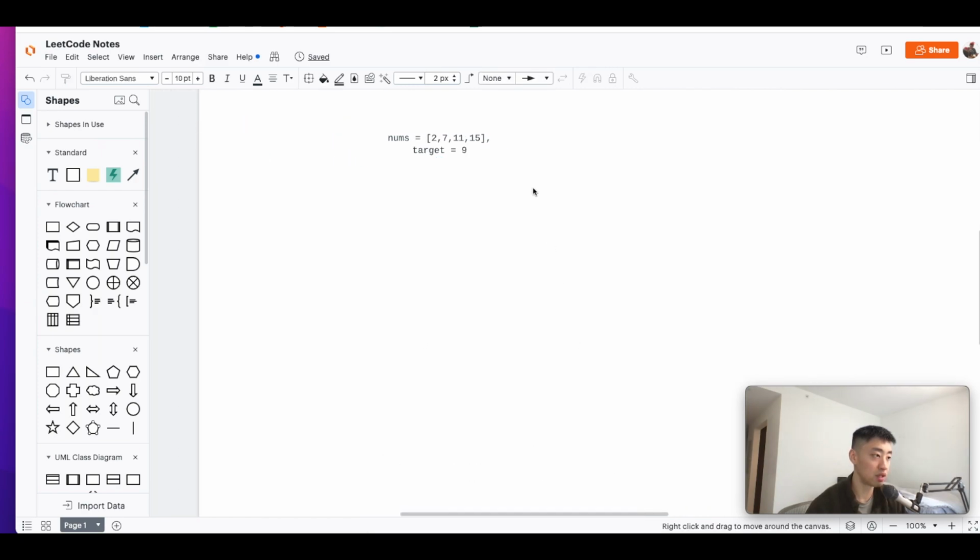All right, so let's say we start with this nums array, and then we have this target of 9. So it's a two-sum question, obviously. We're looking for two indexes such that the elements at those indices add up to the target. One of the most, I don't want to say easy, because this question might not be easy for someone who's just starting out, but one of the most common paradigms to